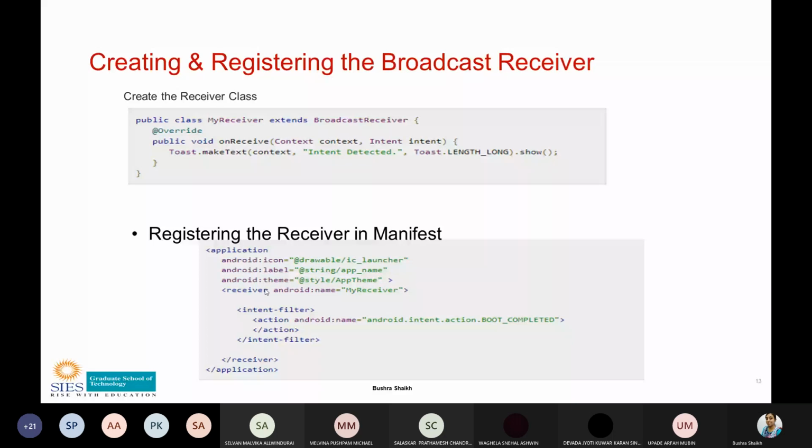Yes. How to create and how to register the broadcast receiver? Okay. Now, after this, what are we supposed to do? So we have got the receiver object with us. I mean the receiver class with us, and the event to which it wants to listen has also